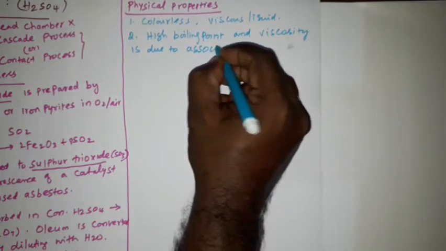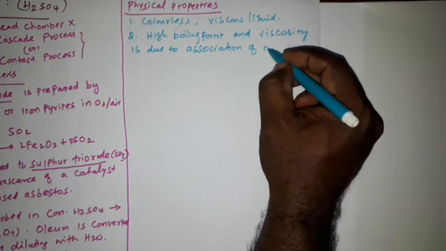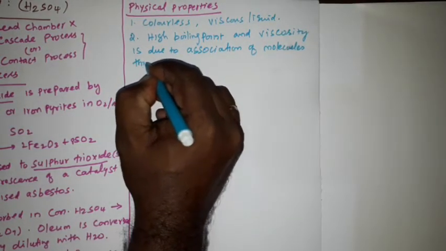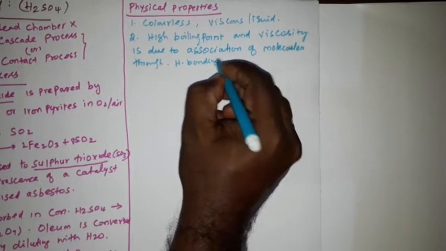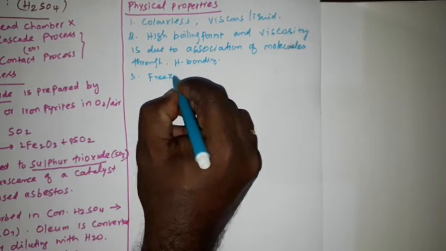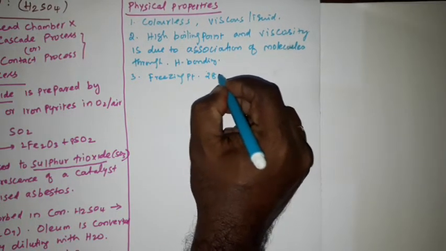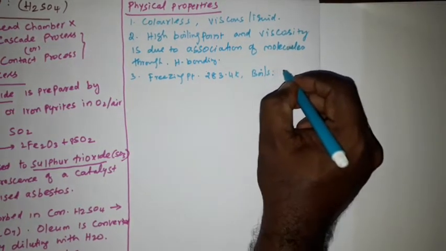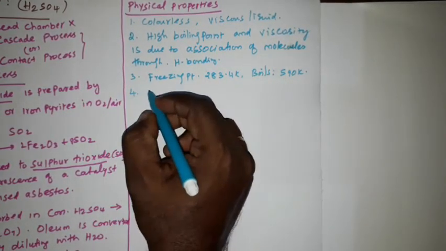Association of molecules in sulfuric acid through hydrogen bonding. Okay, hydrogen bonding. Okay, then third point is the freezing point of sulfuric acid is 283.4 Kelvin and boils at 590 Kelvin. Okay, and it is highly soluble in water,